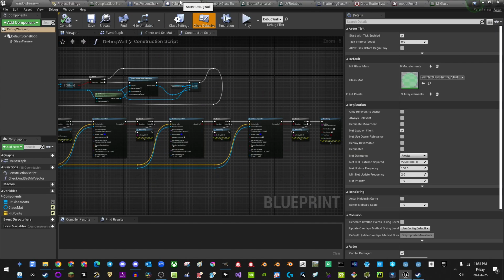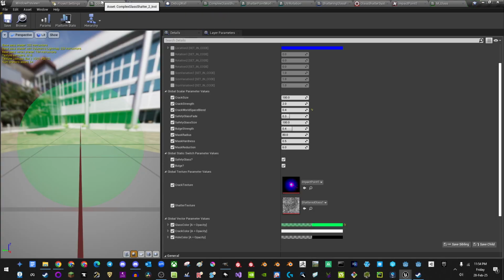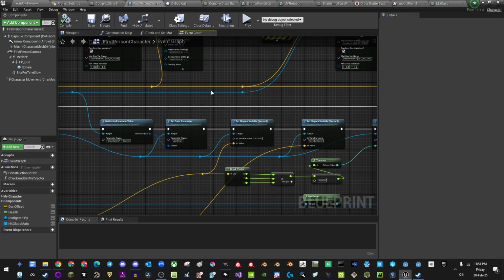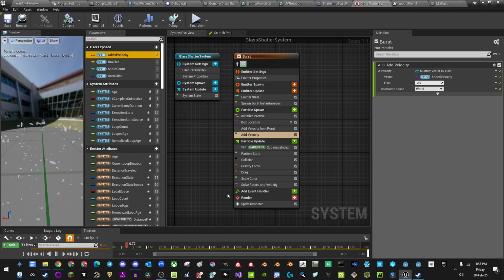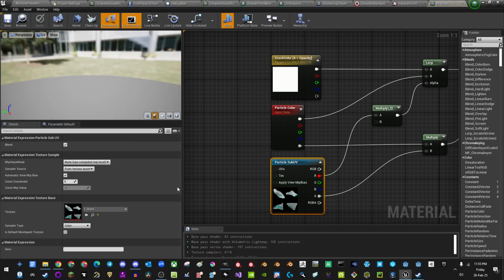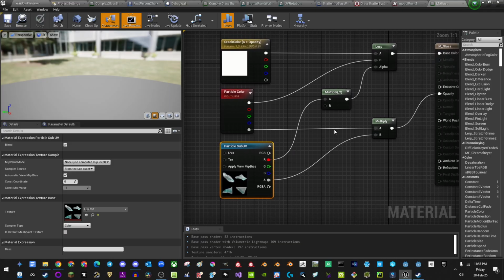In terms of the meat and potatoes of things though, so we have the crack size. These are all the settings I was talking about. You can change the glass color and the crack color and the color of the hole. The alpha is controlled by the opacity. The particle here, we go,